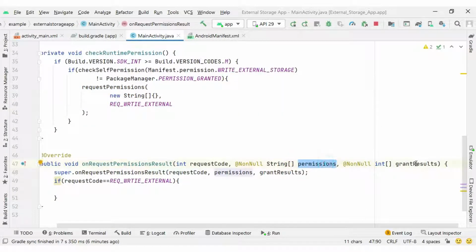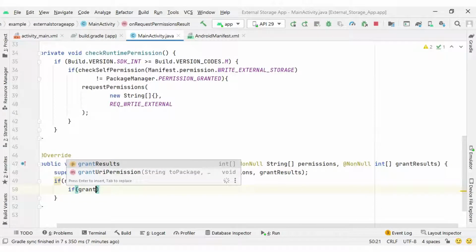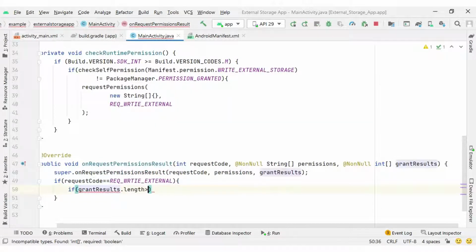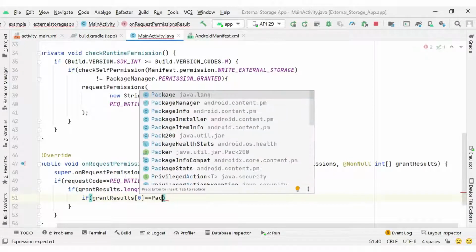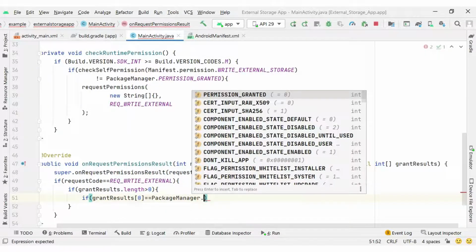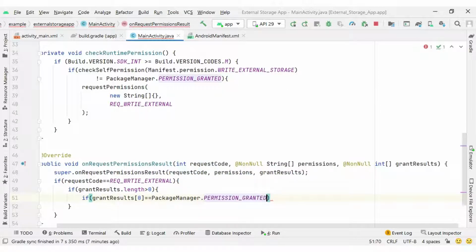Next, we have two other parameters: the first one is permissions and the second one is grant results. I will mainly focus on grant results because it will confirm whether the permission is granted or not. So for the next condition I am going to write grantResults.length is greater than 0. That means there is something inside this array. And what is there inside this array? I will compare the first position value with PackageManager.PERMISSION_GRANTED. It will confirm we granted the permission whatever we requested here,